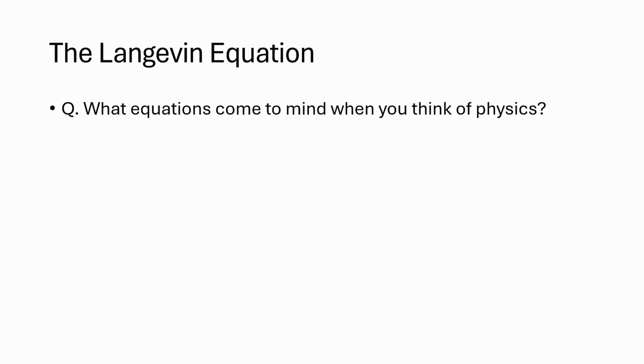But for me, the one that comes to mind as the equation that you first start learning in physics is F equals ma. So force is equal to mass times acceleration. This is a classic, and this is actually all the Langevin equation is. So to get to the normal formulation of the Langevin equation, we're going to write the acceleration as the derivative of velocity, that's v, with respect to time t, which we can write as the second derivative of position as